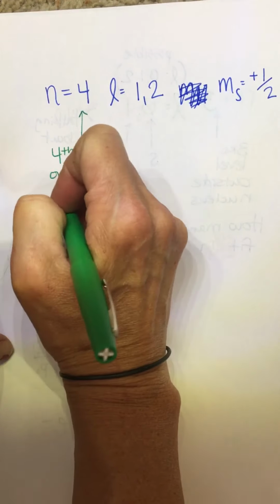Okay, so that's the floor of our hotel. And then what do these L values mean? Remember, in level 4,